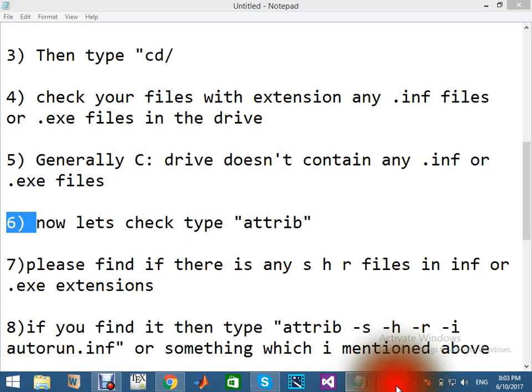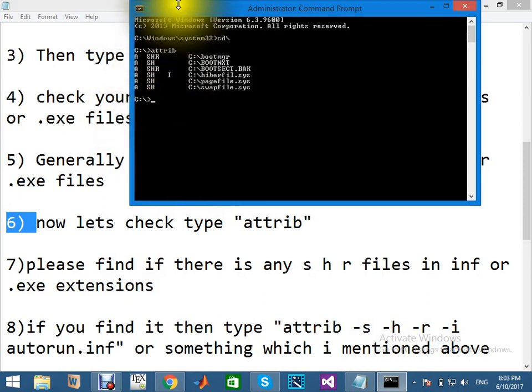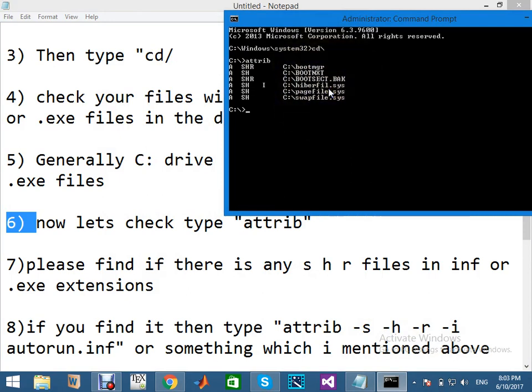Type attrib and press enter. Now you can see that there is no .inf file or .exe file. The C drive is clear.